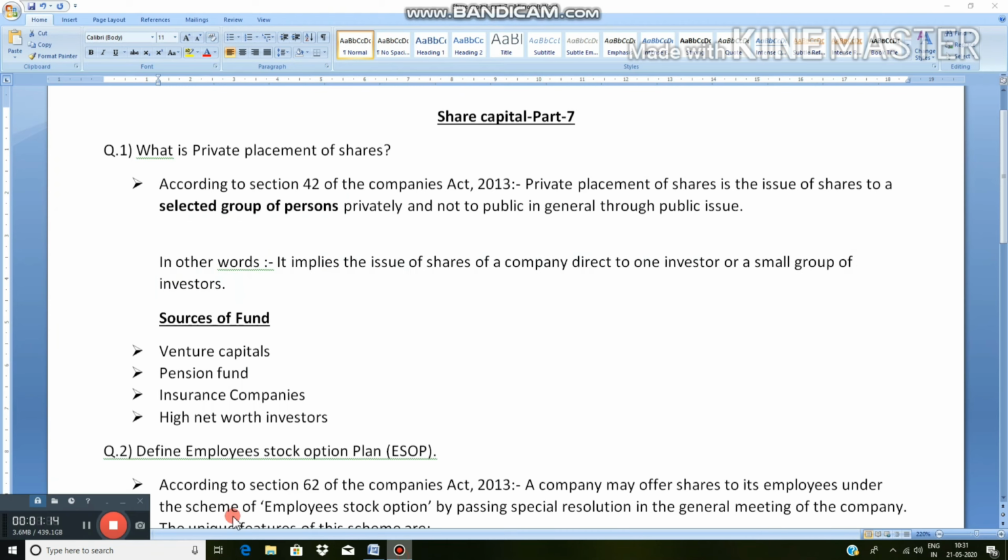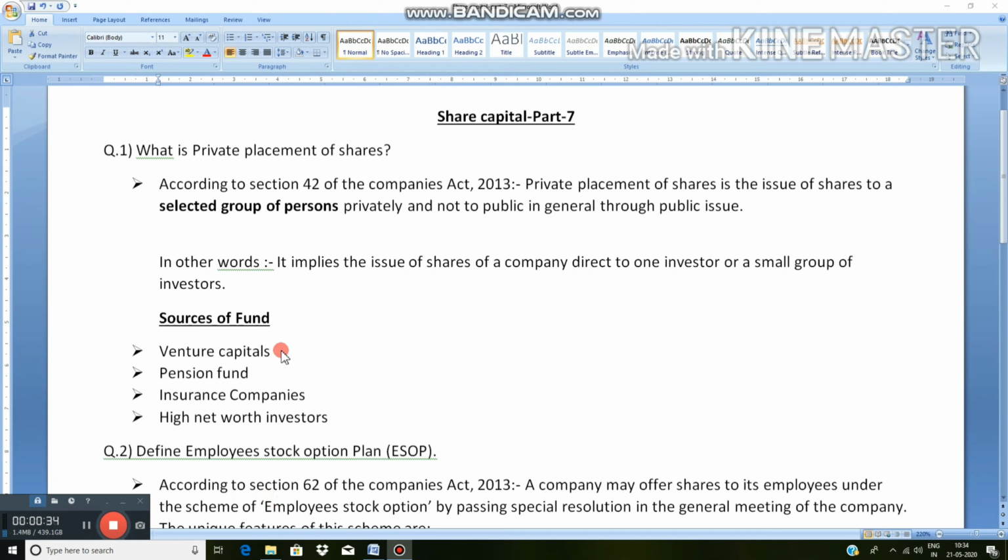As you all know through my previous videos, when a company needs funds, the company easily gets funds by issuing shares to the general public. But this process is very costly and time taking. So to rectify all these difficulties, the company gets funds by private placement of shares. And in this option, the company does not offer the general public to purchase its shares, but offers them to some big venture